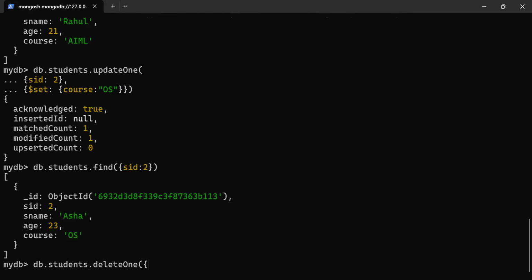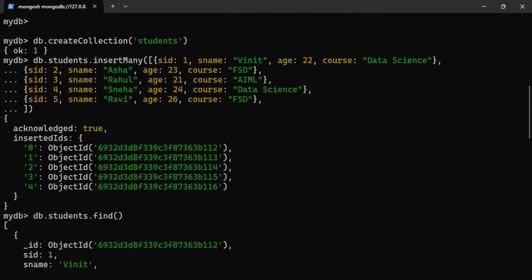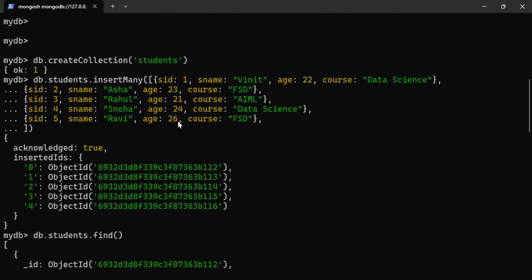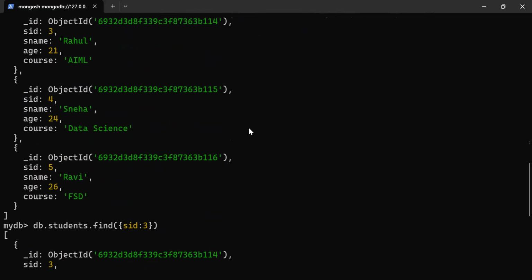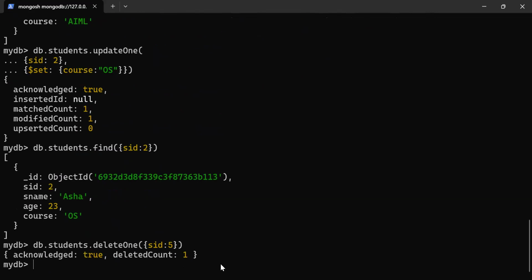So how will I delete? I will give the particular condition by which you are able to delete it. Before deleting, I will take you to record 5 which I have inserted, Ravi, 26, course is FSD, and you see here we got the output for that also, but now I will delete it. Acknowledged true, deleted count 1. Again, I will check